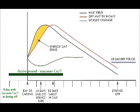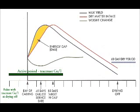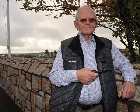What are your thoughts on that? Yes, because you have to home in on what the biggest problems are. Over here, our 2 biggest problems with iodine were stillbirths and retained placentas, followed by infertility later on during the breeding season. So giving trace elements coming up to the calving season can go a long way to cutting down calf mortality, retained placentas. And I would certainly say all cow farmers, beef and dairy, should be giving minerals before